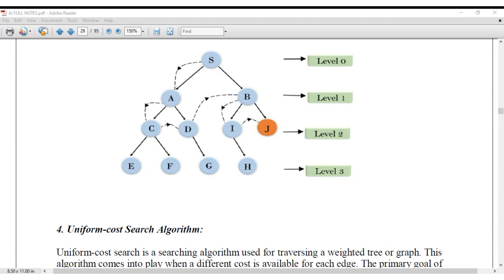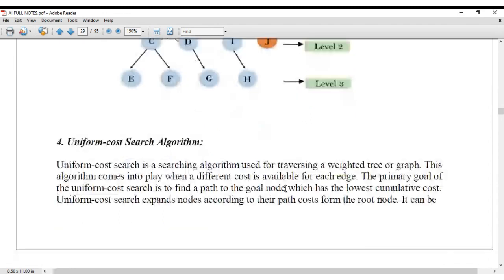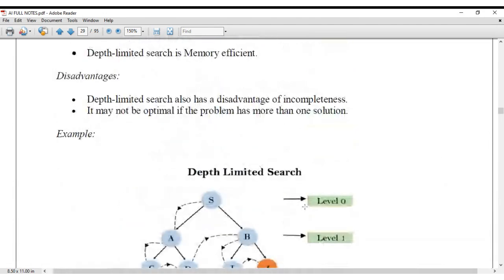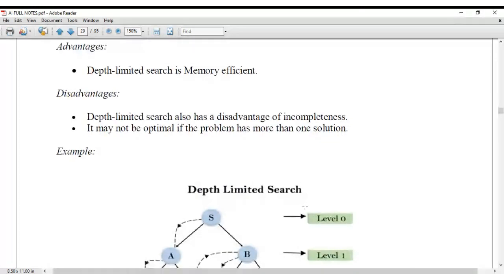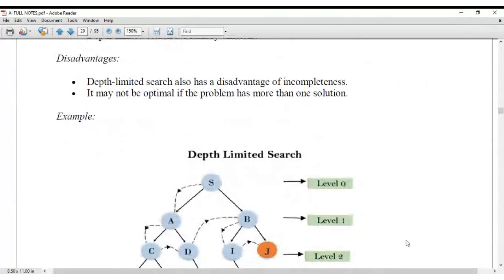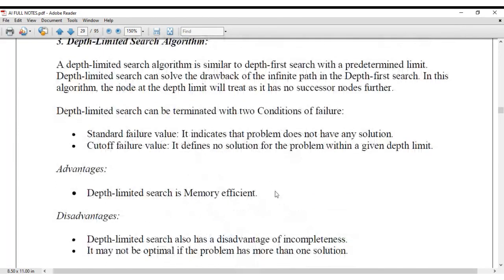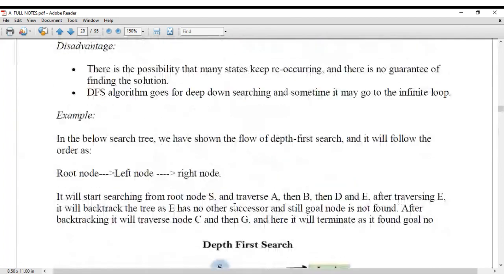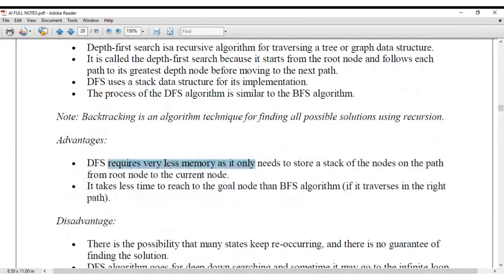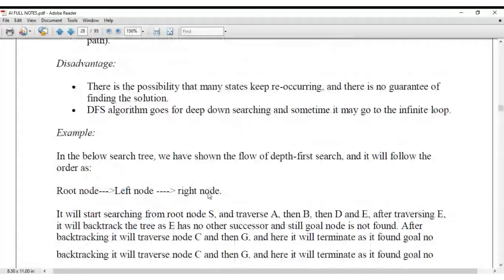So basically what we are saying is that depth limited combines the advantages of depth first and addresses the disadvantages of depth first. The advantages of depth first were less memory and less time. Basically it will also have less memory and less time,